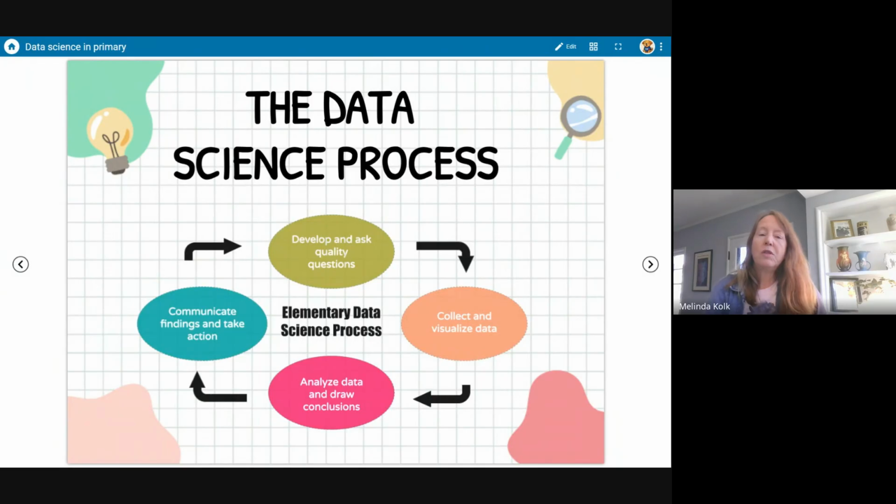So let's start with the data science process. And as you can see, this is a cyclical or recurring process. You can jump around in it. And so really, I think most people think it begins with us developing and asking a quality question. And then we are going to, of course, think about looking to data to figure out the answer to that question. So obviously, I'm going to ask my question. Sounds a little bit like the scientific method too. Then I am going to collect and visualize data. Now, when I do that, I may decide I want to ask a different question, even if I'm just barely starting. So it's not like we can't go around that.